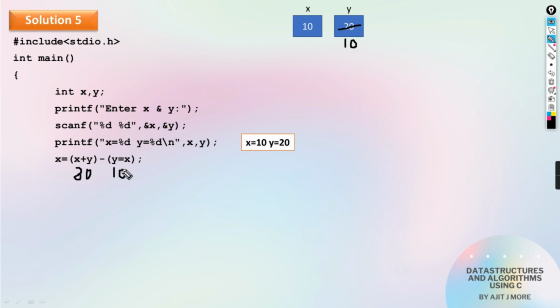Now the two brackets are subtracted, that is 30 minus 10, and the result what you get, 20, is stored in x. So what will come in x? 20. Do you agree? Okay, and can you see the content of x and y is exchanged? What has become x? 20, and what has become y? 10. Isn't it very simple? In one simple equation we have tried to do the swap.